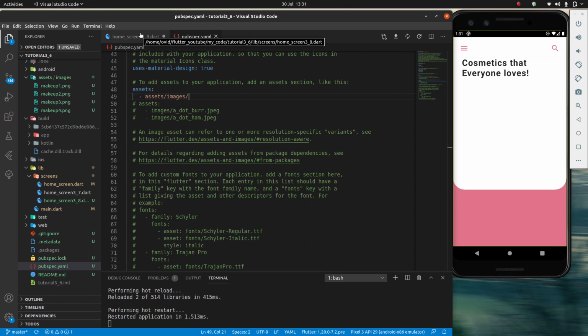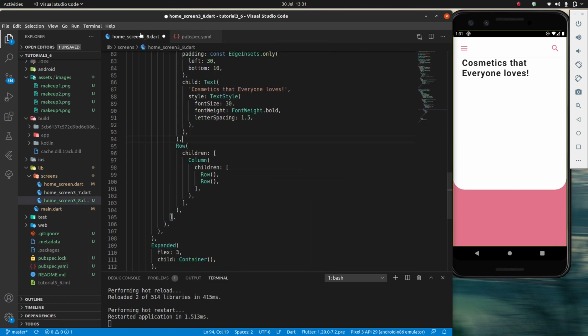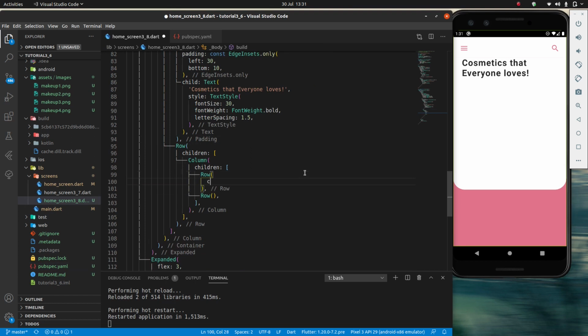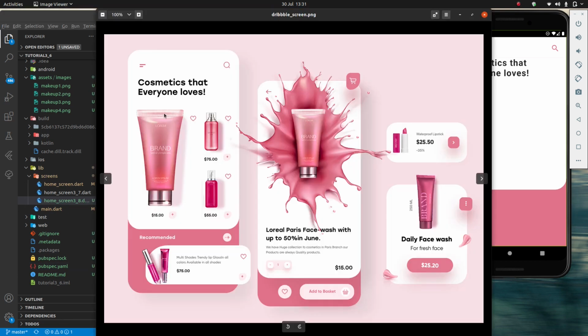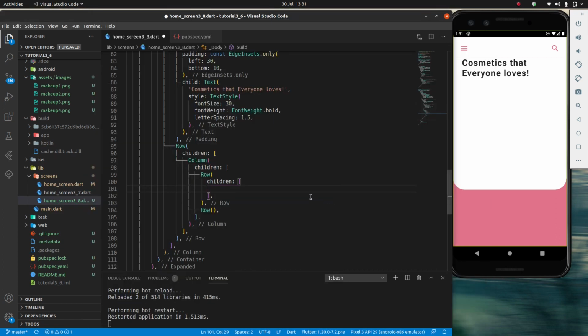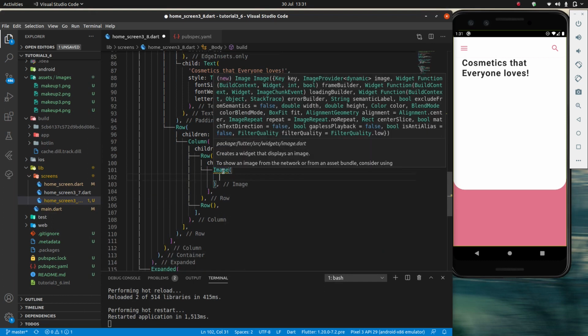But leaving that aside, we're going to go back here into our row, our first row, give this a children, and we're going to give it this first image here. So to do that, we're going to make an image widget, and the image widget takes a few things. The one we're looking for now is image,